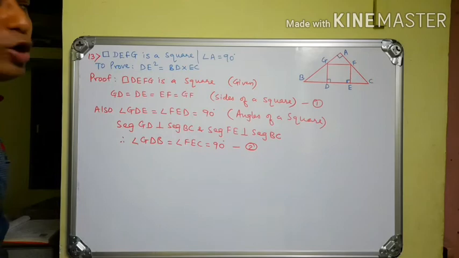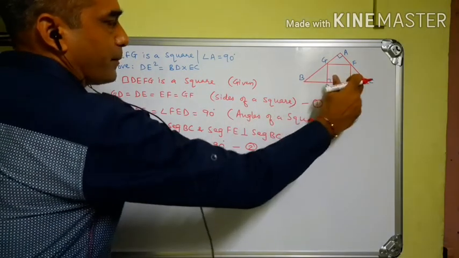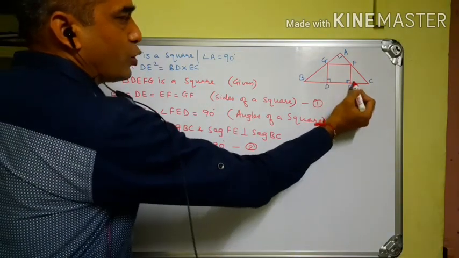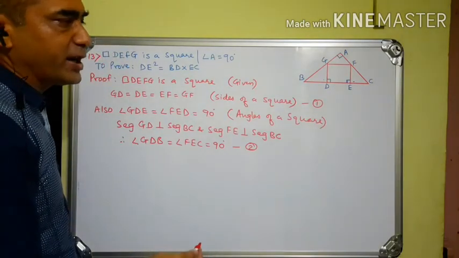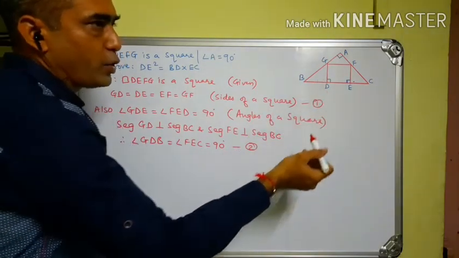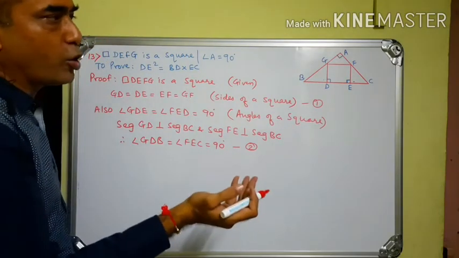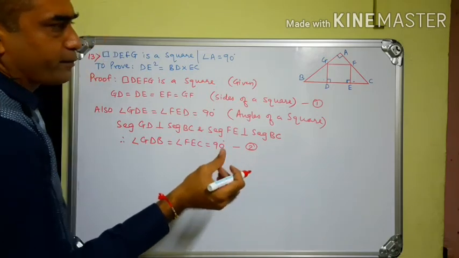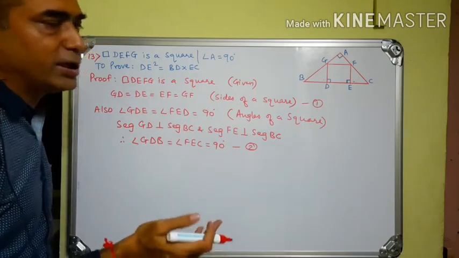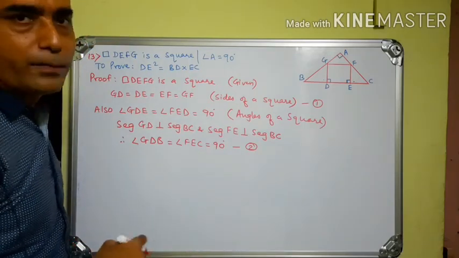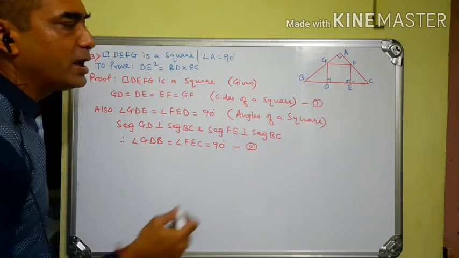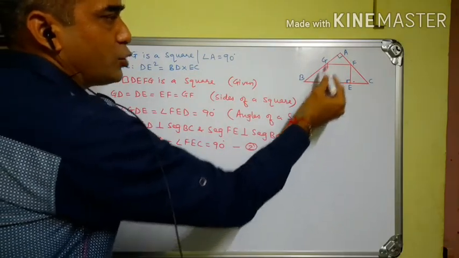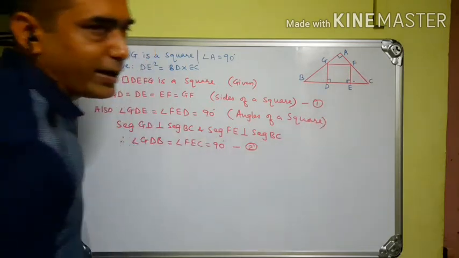Now we have to prove these two triangles similar. But as you can see, we can only see that this angle is congruent to this angle because each is 90 degrees. We can't prove any other pair of angles congruent and any other pair of sides proportional. Or if we prove the sides proportional, then we need two pairs of sides. तो हम वो नहीं कर सकते. तो यहाँ पे हम लेंगे ट्राइंगल BAC, उसको लिंक बना के और फिर तीनों ट्राइंगल को सिमिलर प्रूव करके और फिर हमें ये दो ट्राइंगल्स चाहिए सिमिलर.